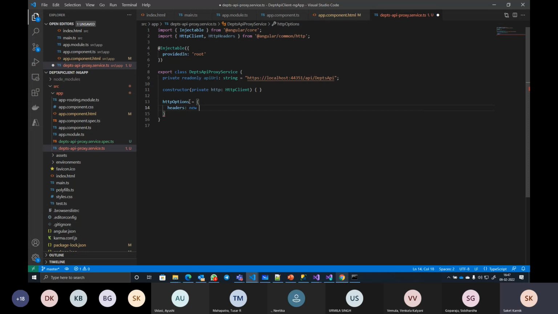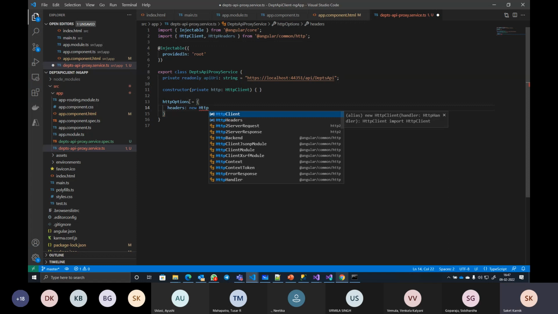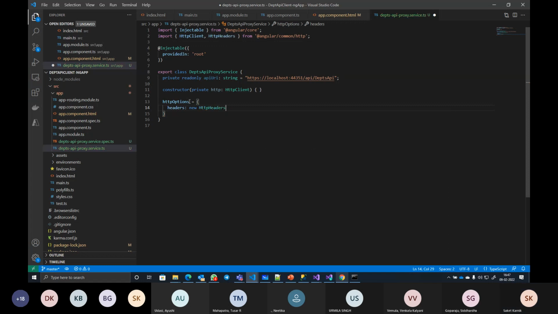I say new HTTP headers. In the constructor of HTTP headers, there goes another JSON object, where I say the first property is content dash type